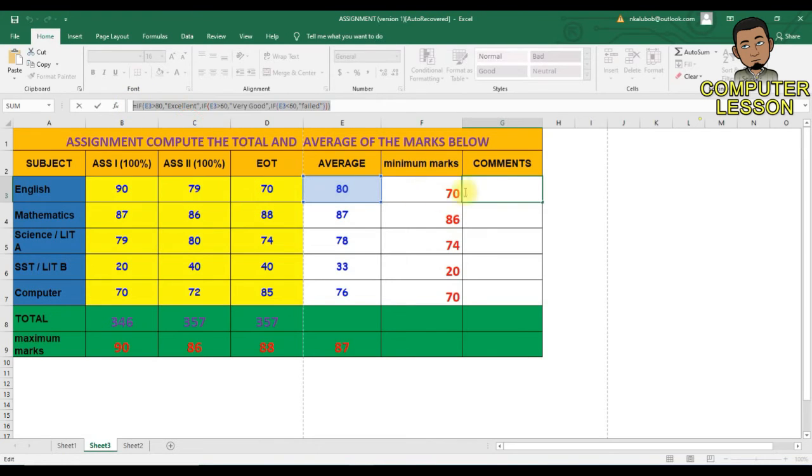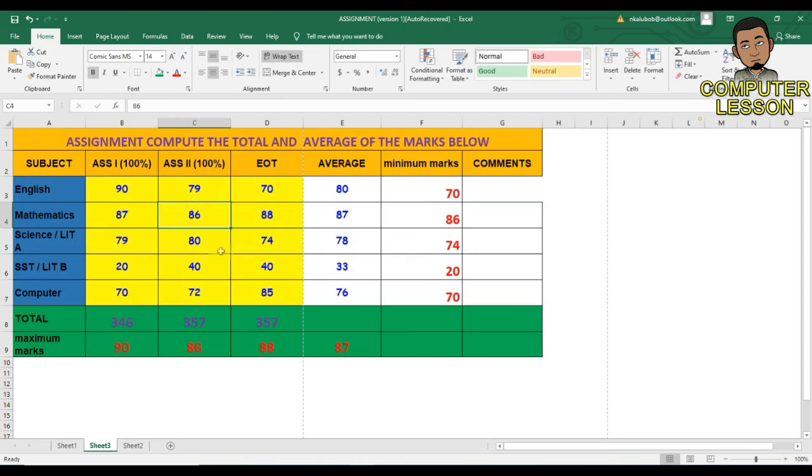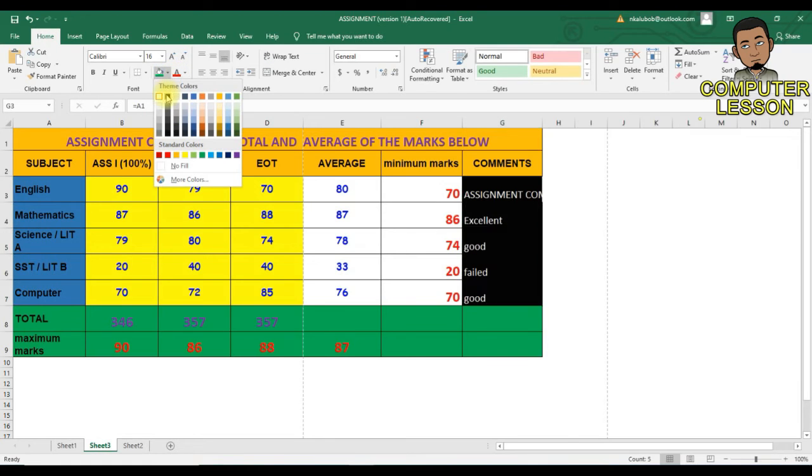the formula is supposed to give me, I did something here. Actually the value had come, but I need to first highlight here and remove this background color of white.